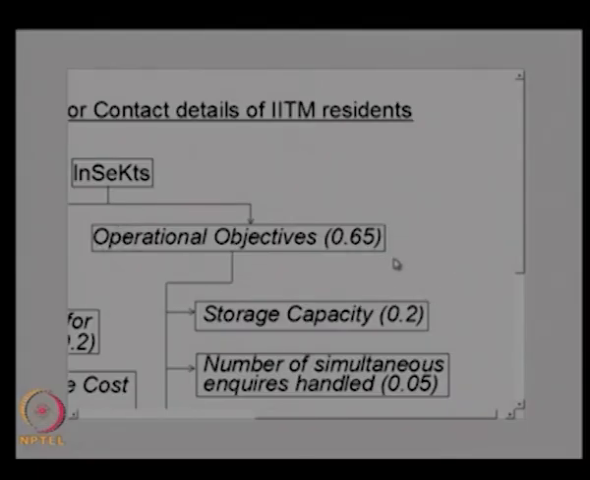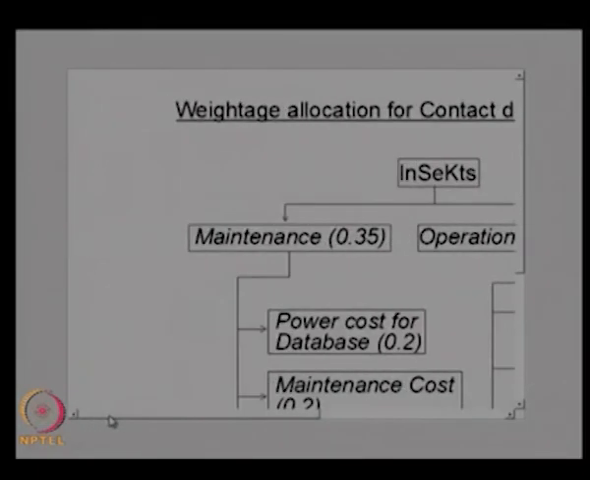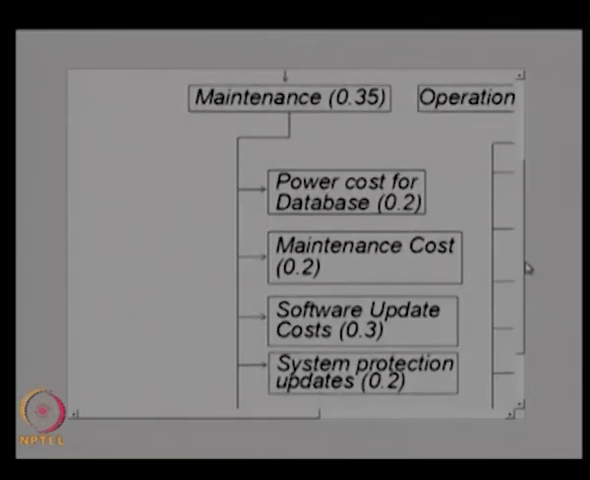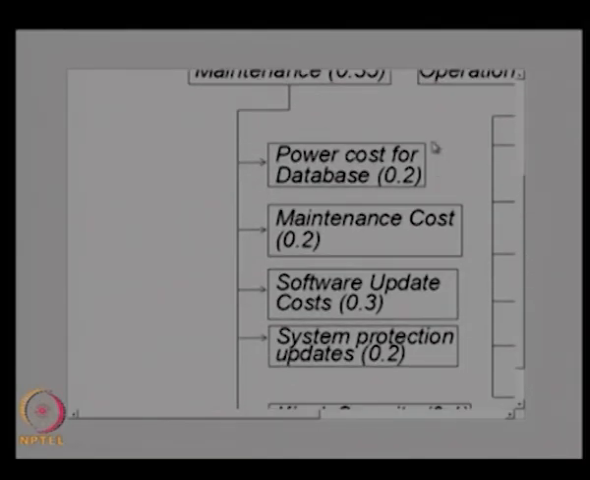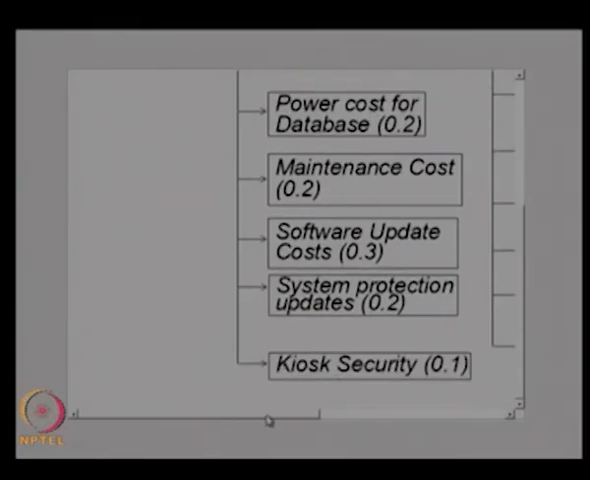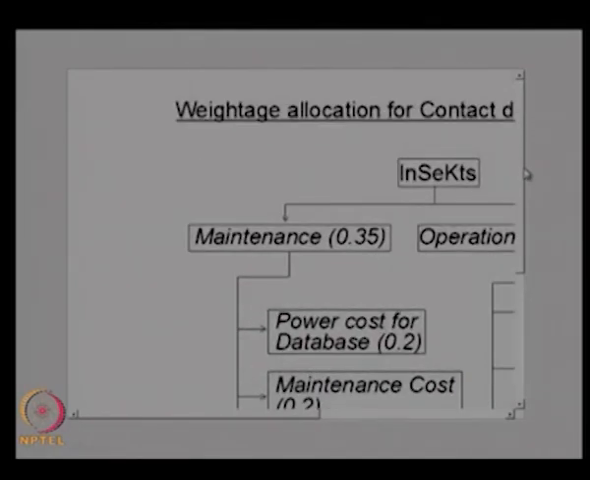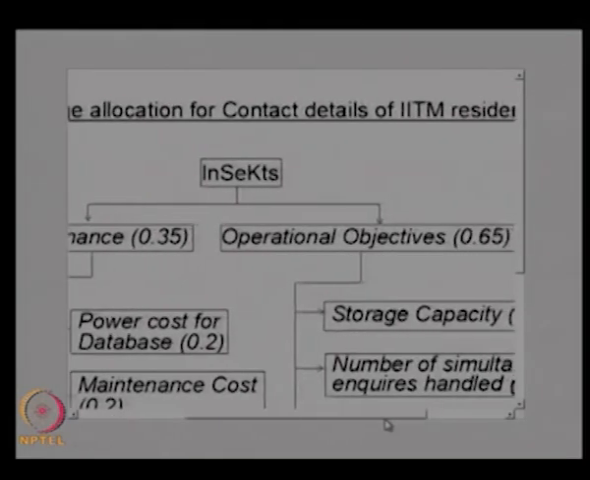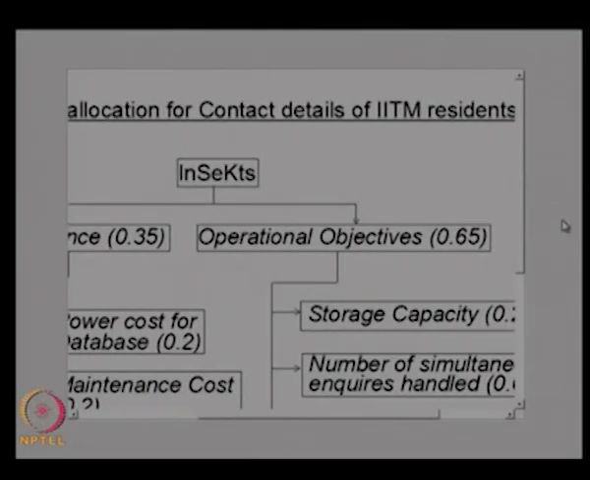Here operational objectives is given 0.65, maintenance is given 0.35, and again the sub functions in the maintenance are given weightages based on the importance of those functions. So this is how we provide the hierarchy of operational objectives and allocation of weightages to various functions. This gives us an idea of how the system design starts from the initial identification of